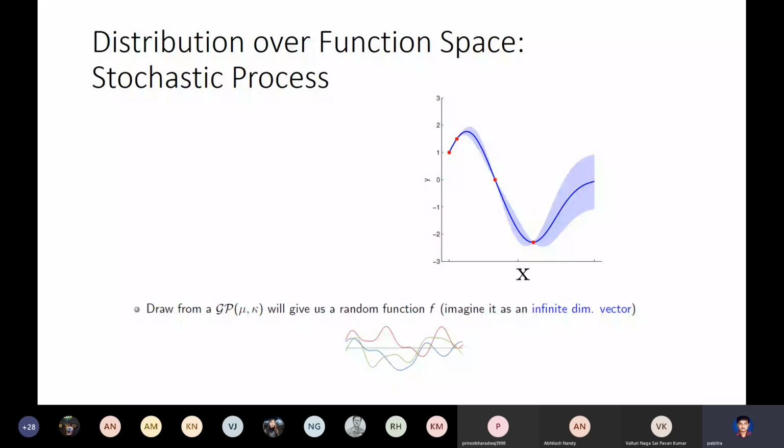And any sample, okay, let me say this GP is something called a Gaussian process. It is a particular case of a stochastic process, and I'll soon explain what it is. Any sample out of this distribution over functions is an individual function, a so-called random function. So these are some examples drawn from this random function. So this is in general the definition of a stochastic process. Now let us define what a Gaussian process is.